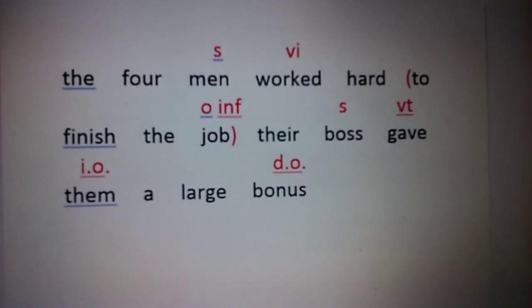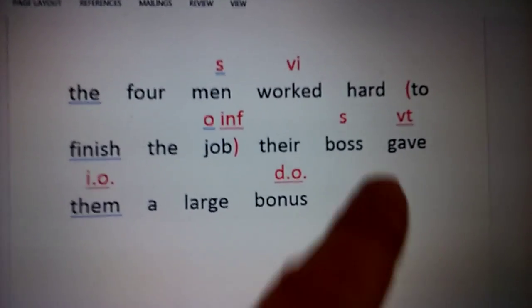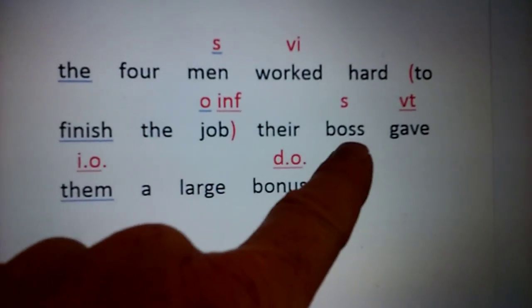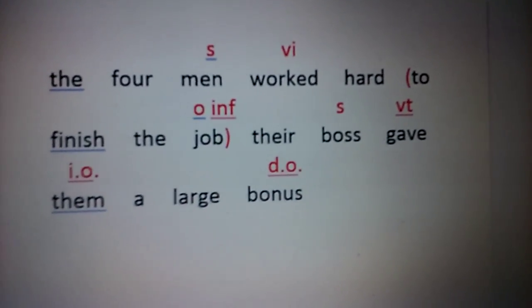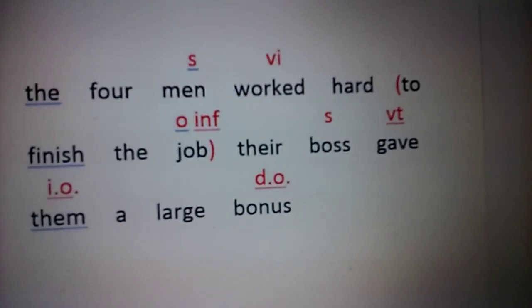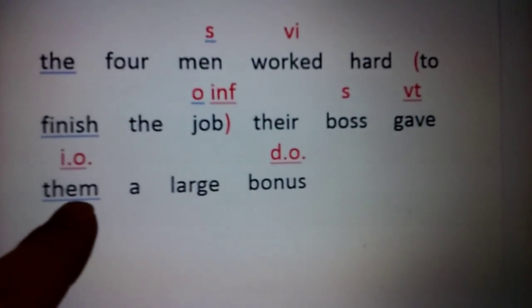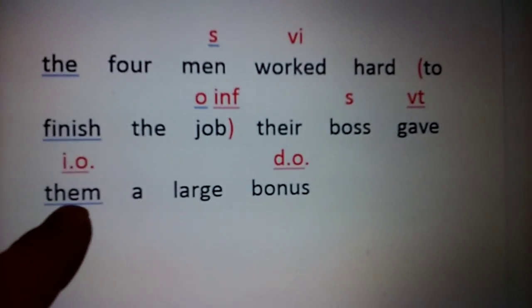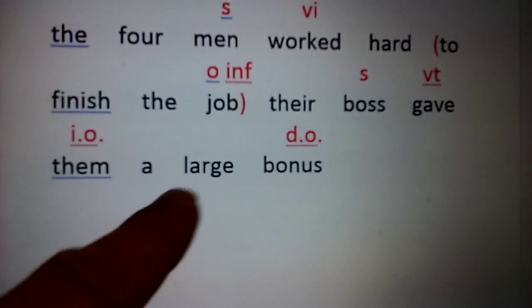Now our next clause: their boss gave them a large bonus. In order to find the subject, we have to find the verb. The verb is gave. Okay, that means our complete subject is their boss. What's the simple subject? Boss. Who gave? Boss gave. Well, transitive or intransitive? Well, we go to our next noun. Them is actually not a noun, it's a pronoun. So is that our direct object? It is not. It'd be like he gave Joe or gave Jane a large bonus.